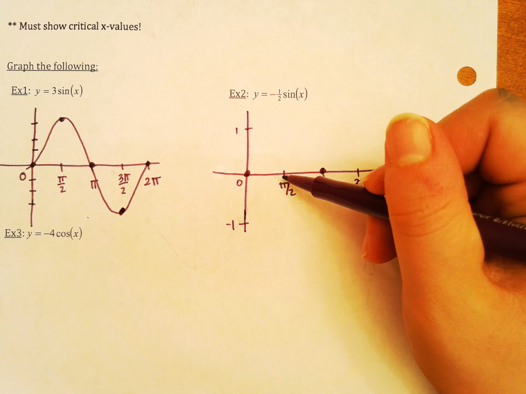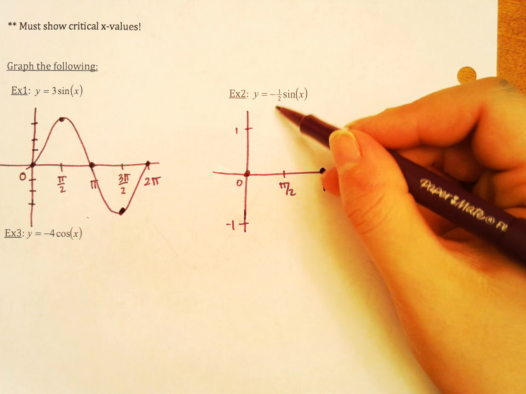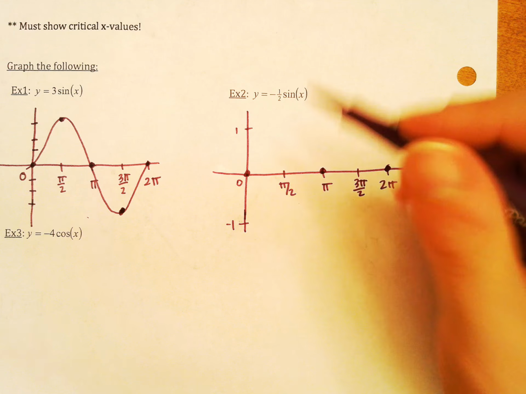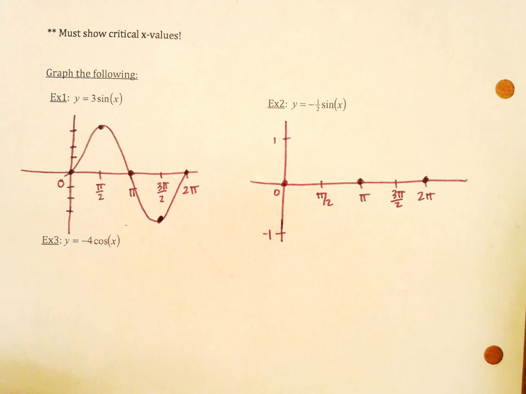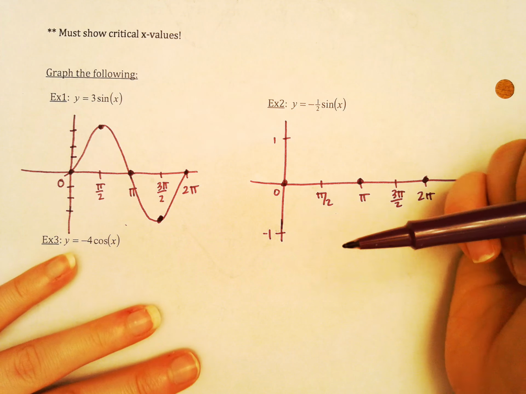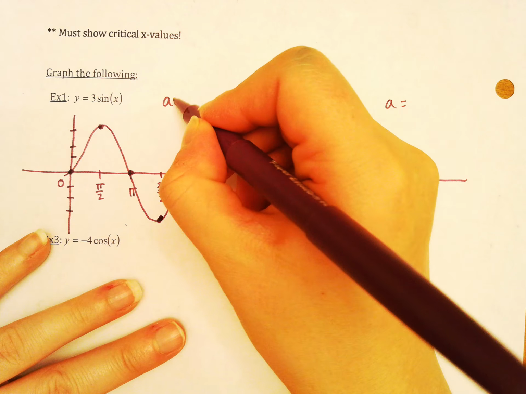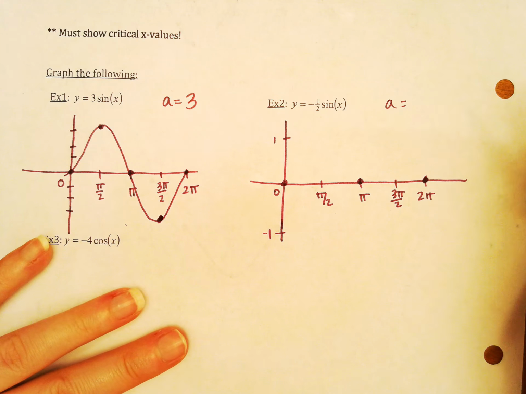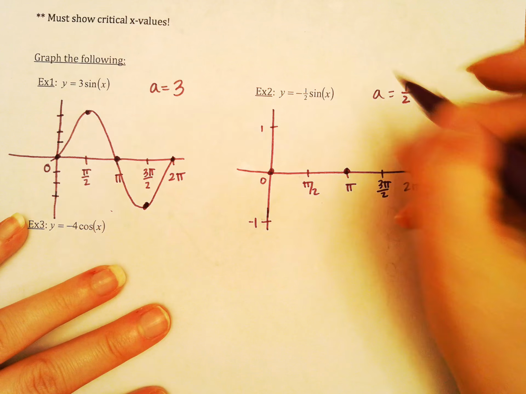At pi over 2, though, my sine value is 1. And I have this negative 1/2 multiplier. So that means that instead of going in the normal up-down fashion that I would graph my normal sine, I'm actually starting here going down because I'm flipping it over the x-axis. And that 1/2 will tell us my amplitude. Should have written that here. So my amplitude here is 3. My amplitude here is going to be 1/2. But I have a reflection